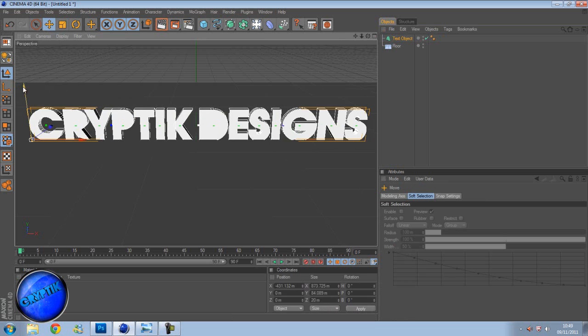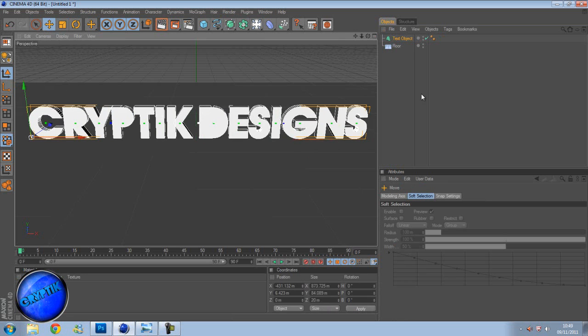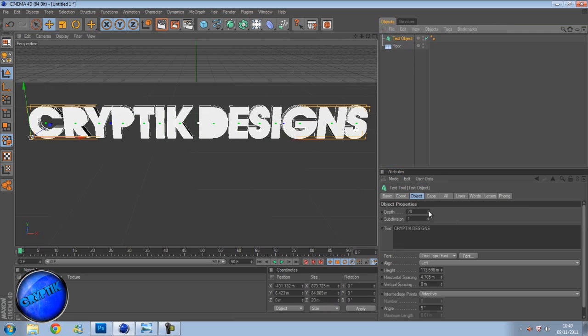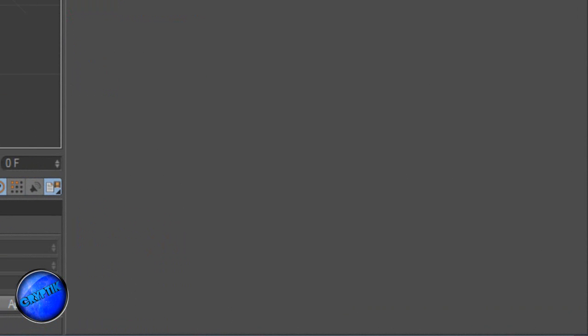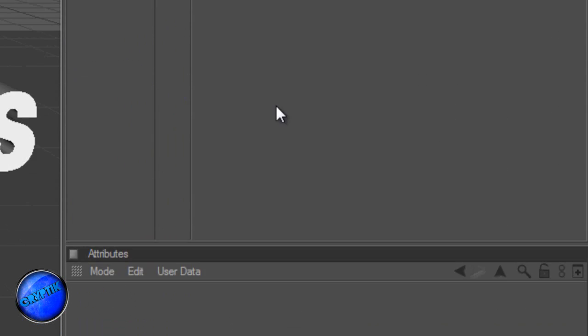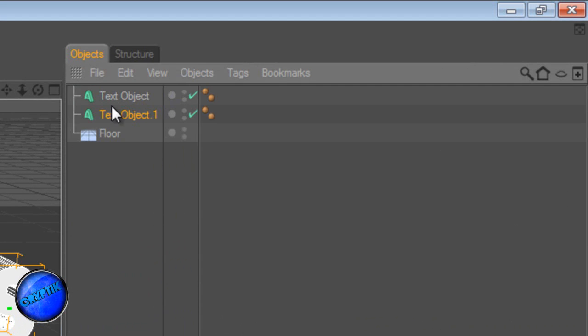Now, drag it up a little bit so it's not on the floor. What you've got to do is just increase the depth really, so it looks a bit chunkier, more 3D really, so it just looks better. Okay, then just copy that and put in whatever else you want. I'm going to put my name,